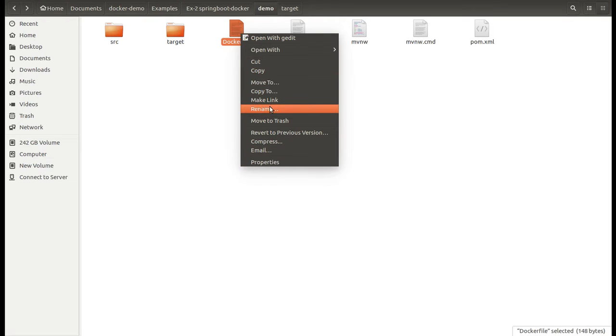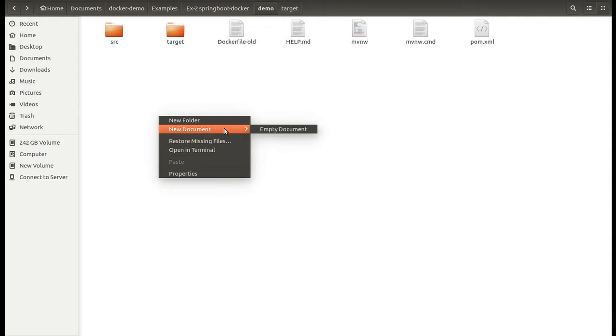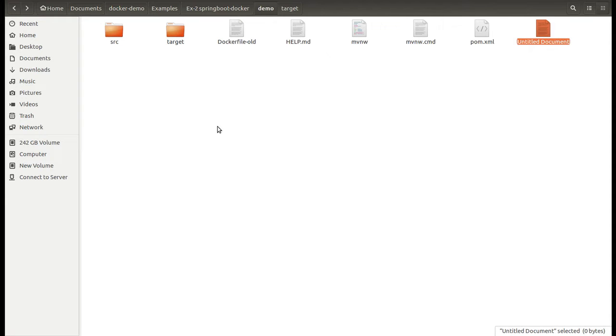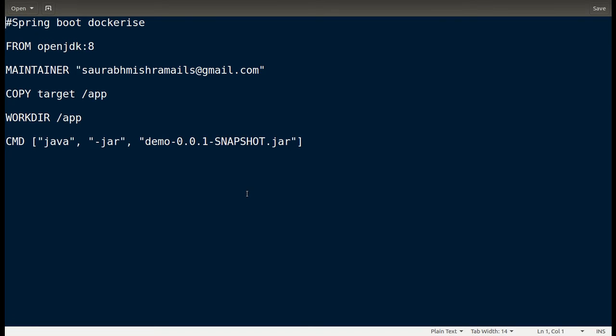So what I'm doing is renaming it to old, and here I'm creating a new Dockerfile. As part of this Dockerfile, what I need is FROM tag. FROM tag is